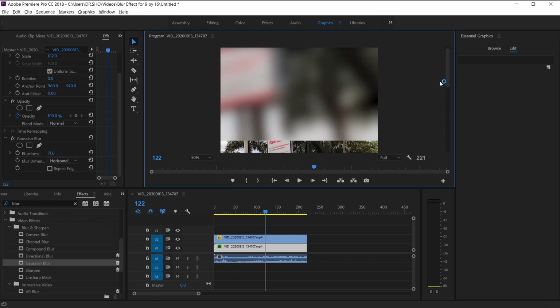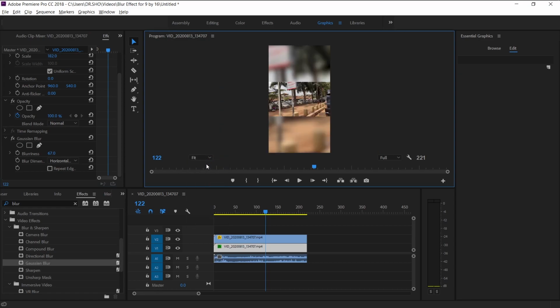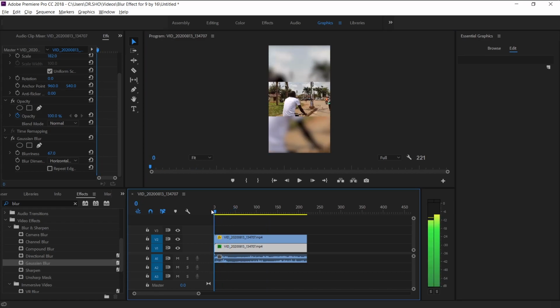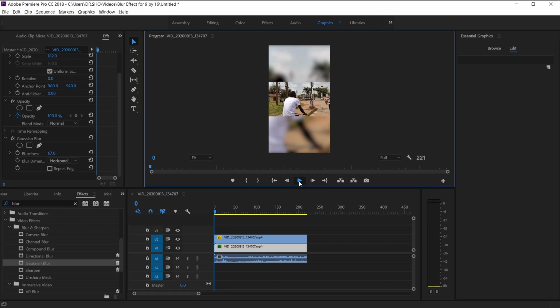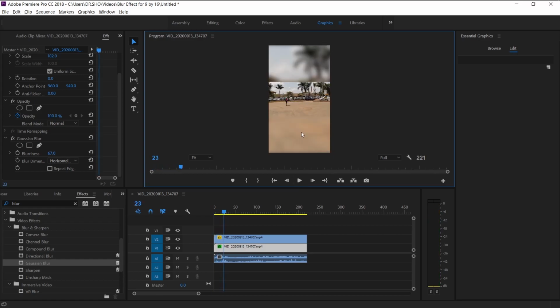So if I click and scroll up here, as you can see, if I reduce it, I reduce the blurriness this way and I increase it this way. So choose anything that you are comfortable with. That is basically it. And once you do that, let me put this back in fit. Then here we have it. Now if you notice this, it also adds an unintended effect, where if you play it, as you can see, the footage up here synchronizes with the footage